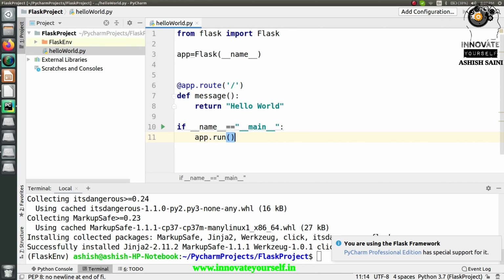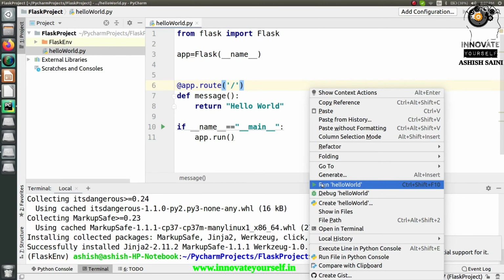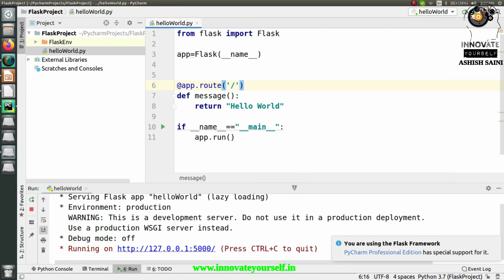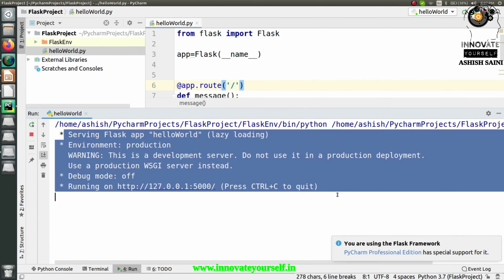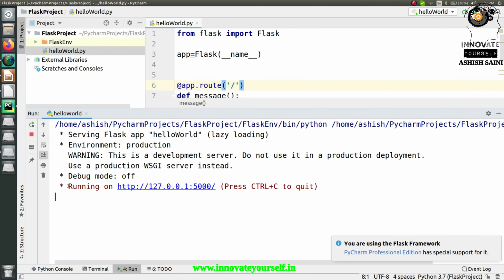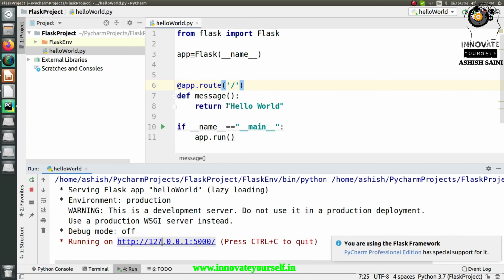So let me run this, and after that you will be able to see what exactly I was saying and how it works, right? Now just run this. Here you will see it is not showing you the output over here. Instead, it is showing you the path, like it is running on this particular location. So you have to copy and paste it or directly click on this, and it will be opened in the browser, and there you will see this message which you are displaying over here, right?